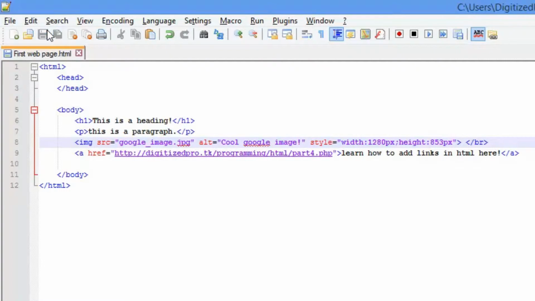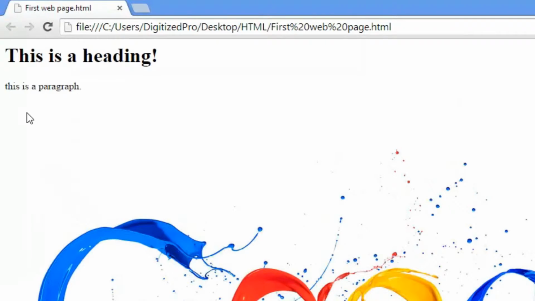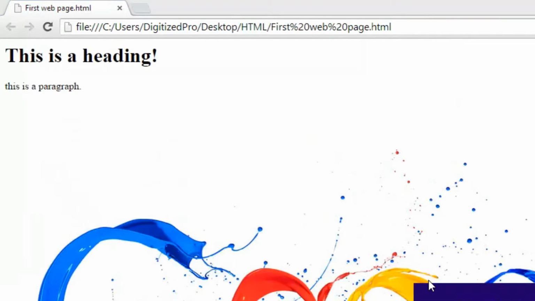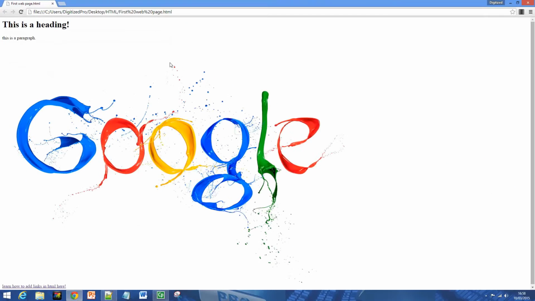So we can save that, head back, we can close this because we don't need this anymore, and F5 is exactly the same because we haven't changed the image. So then you're going to want to manipulate the image to suit you. You want to play around with the pixels. Don't make them both the same number if they're rectangular, because then it's going to appear squished or stretched or whatever. And I think personally the thing that makes a website look most unprofessional is if the image is stretched,